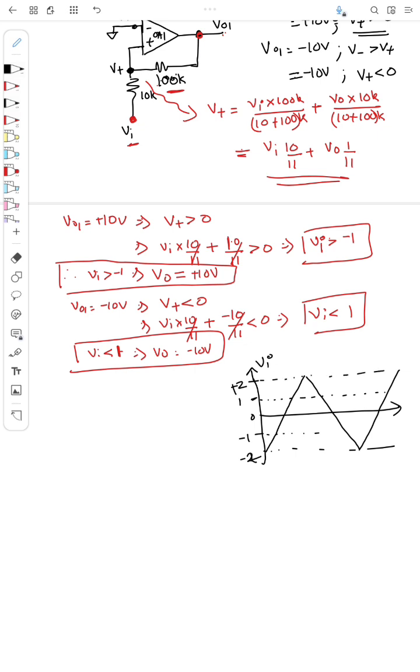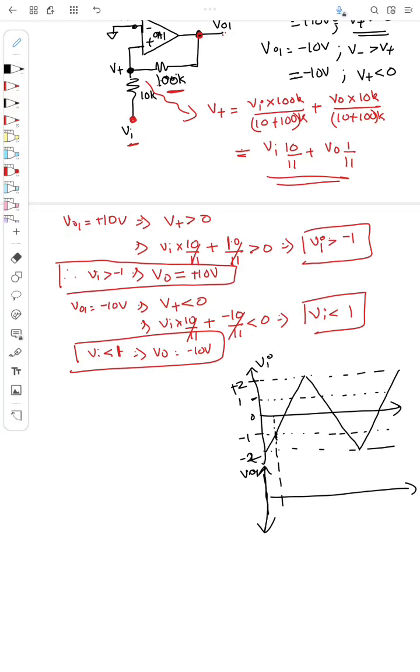V out 1, V01, will be like, so whenever Vi is greater than minus 1, so this is minus 1,